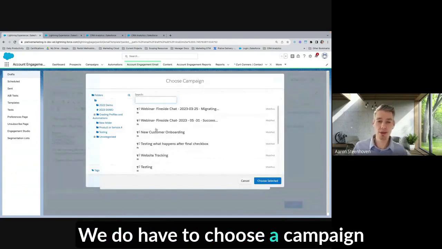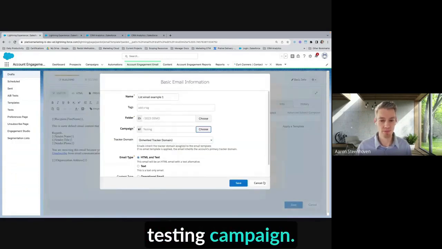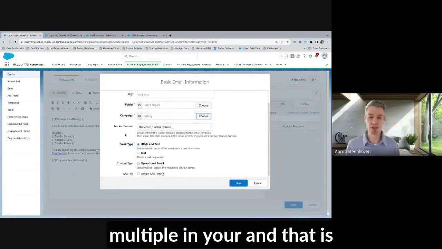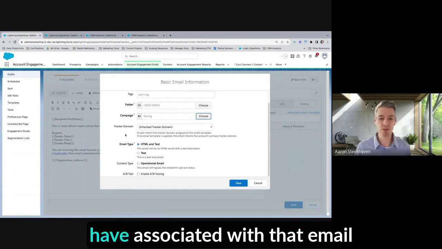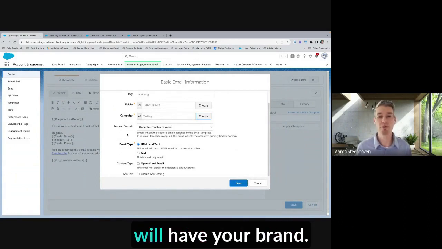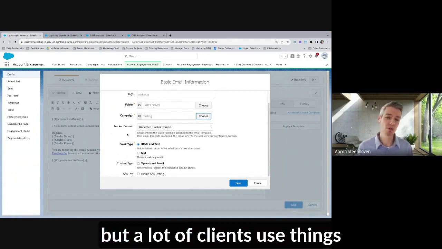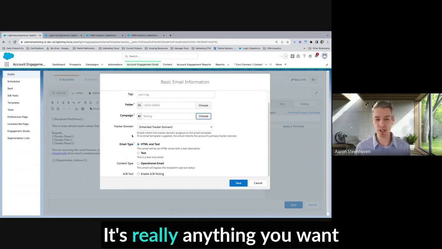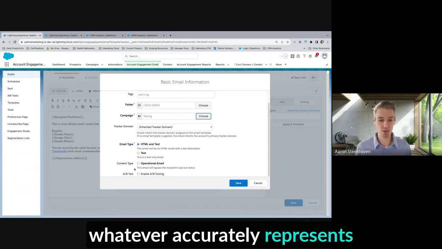We do have to choose a campaign to associate with this particular send. So I'm going to grab my testing campaign. You also have to select which tracker domain if you have multiple in your org, and that is for branding purposes. So any images or files that you have associated with that email will have your branding. We use success.plative.com for ours, but a lot of clients use things like go.clientname.com, assets.marketing. It's really anything you want as that word in front of the subdomain,